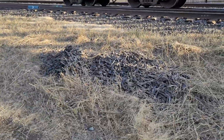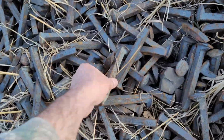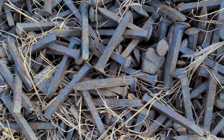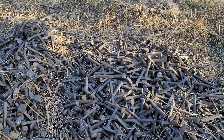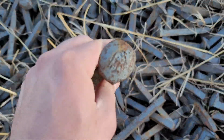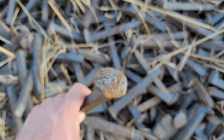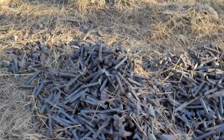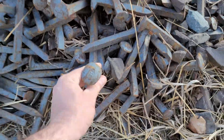A choo-choo. And check this stack out. These look actually brand spanking new. You guys see this? That's like a whole stack of them and they look new. These don't even look used. They haven't been hammered in. Anyone that wants to do some blacksmithing, I already got so many of these that I picked up off the tracks over the years. I'm talking hundreds of them, but look at this. These are all brand new. Anyone that wants to make knives, like,